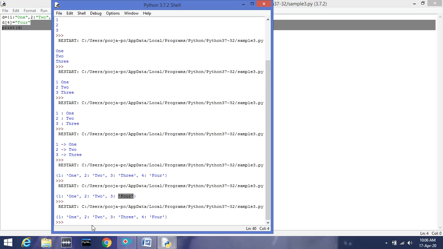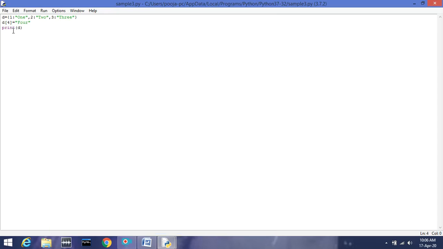So this is how you can add and update an element in your dictionary. This addition and updation are similar process. You must have seen that here. You must have observed that. Okay. I hope you all are clear with this 3 operation: traversing a dictionary, adding an element, and updating an element.